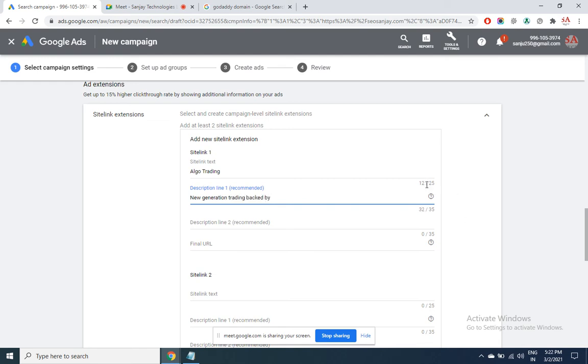You can't cross the limit of the characters. There is a limited description that you can have based on the number of characters shown here.